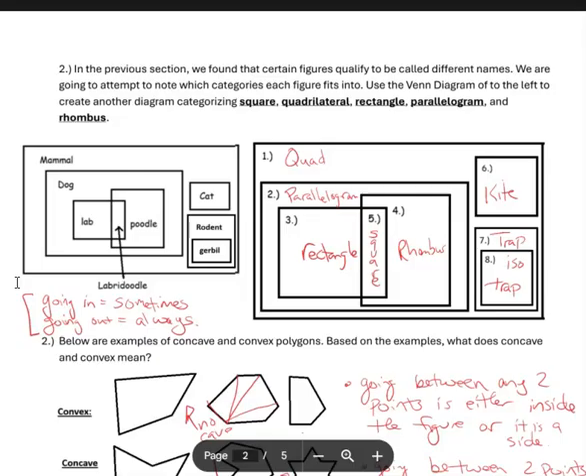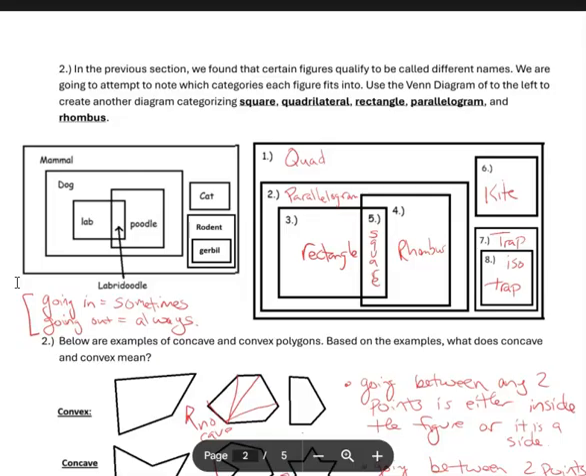Now, if you look at the one on the left, it says the most broad name for all these would be mammals. Then you could have a dog. A special type of dog is a lab. A special type of dog is a poodle. And a lab that's a poodle is a labradoodle. Now, a different type of mammal would be a cat. And then another type of mammal would be a rodent. And a specific rodent would be a gerbil. So you guys are supposed to be getting